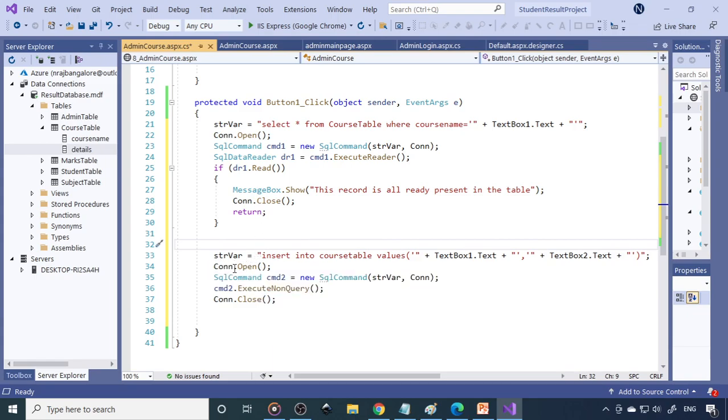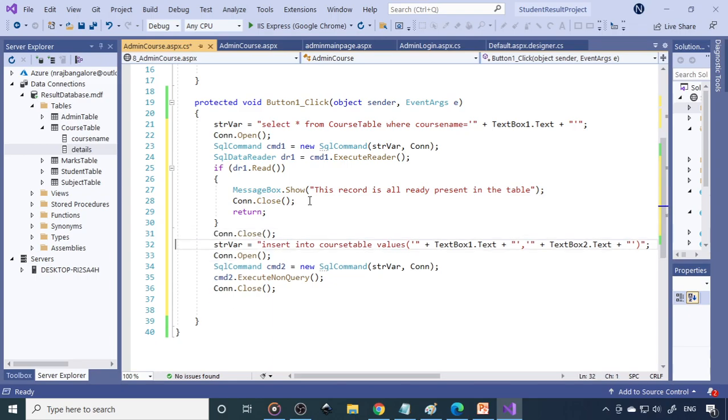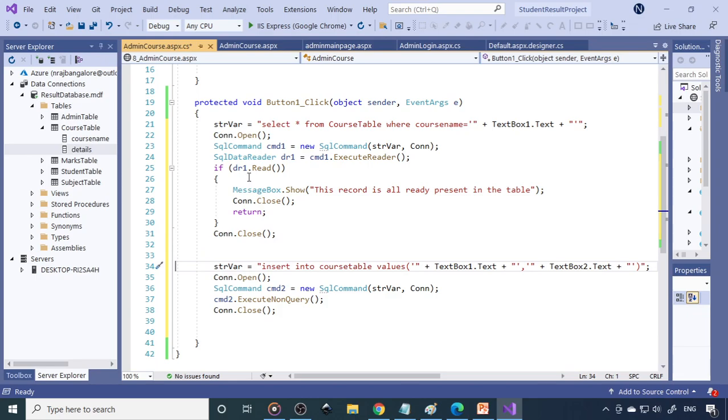If you try to open again, it gives an error. Therefore we need to close the connection. Why do you need to close the connection? If there is no record, it will come straight over here and it should execute this. Therefore, we have to write one more close here. Okay, connection open, connection close.